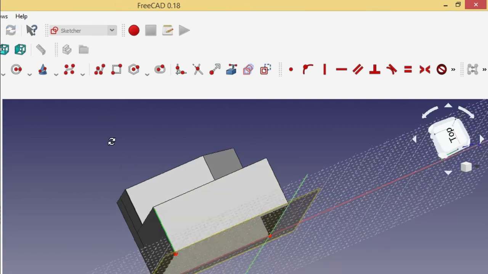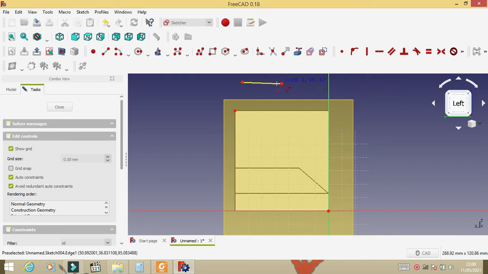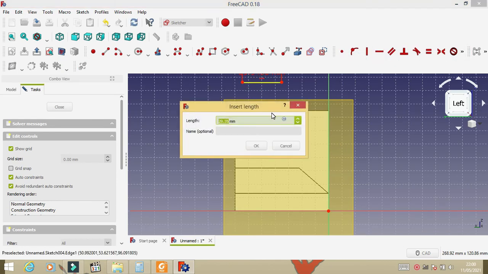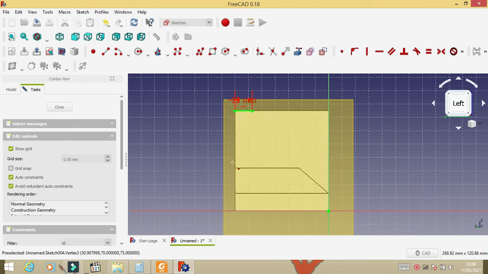Click the edge. Click horizontal. Make a dimension 13. Connect by coincident.